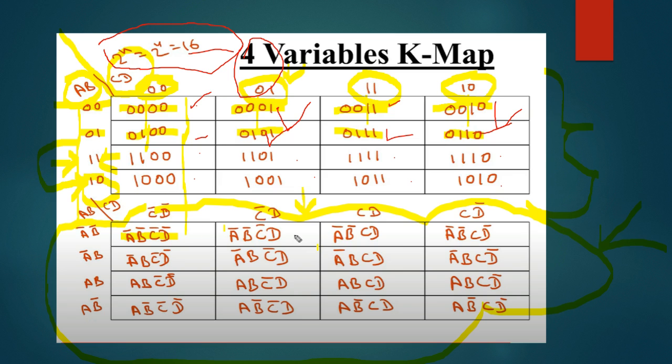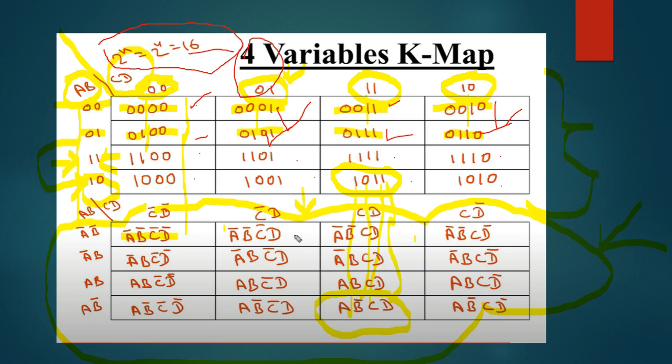Now let's pick another random value. Let's pick this one, the second last value. So I've written down A, B bar, C and D. This actually is coming from this one. As you can see, the value that we had in this cell was 1011. Because of this 1 I have written A. Because of this second 0, look carefully, we have written B bar. Because of this 1 I have written C, and because of the last one I have written D. So this is how we actually write down the cell values.